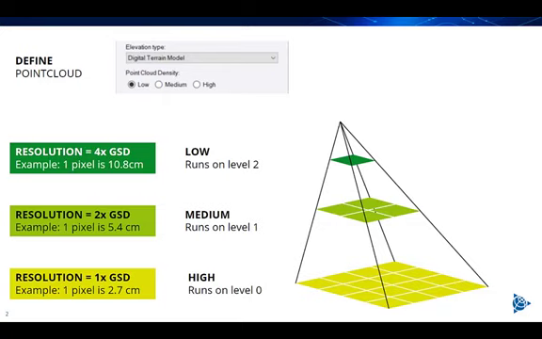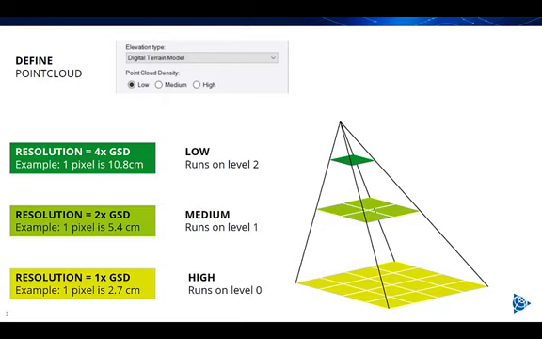So these 2.7 centimeter ground sample distance are resampled into an image with 5.4 centimeter, which means it's only a quarter of the amount of pixels, which is then also a faster process, but no surprise, our pixel size is only half the size,